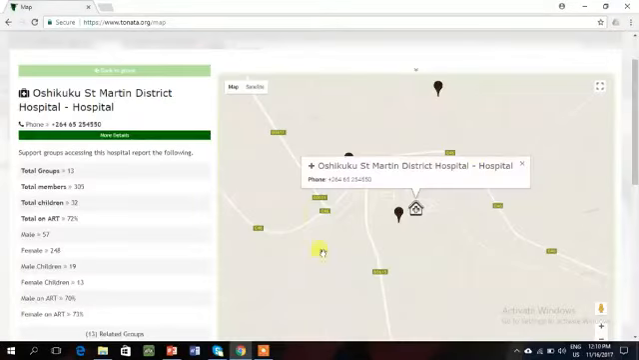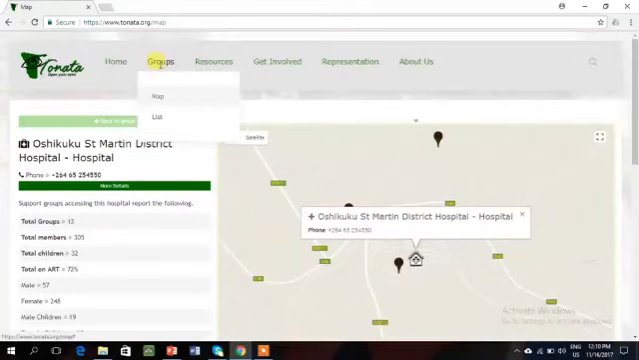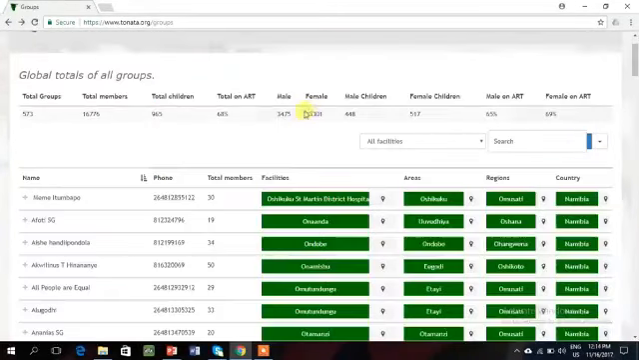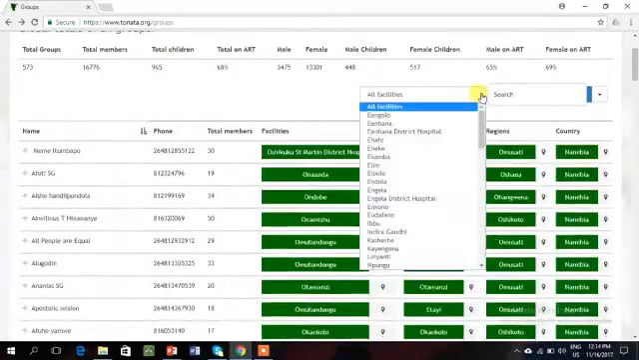If I do not want to use this map, you can go to groups, you can go to list. This is the list of all support groups in Tonata's database. And this is the same data presented in a way that might be easier to navigate for analysis. You can filter. If you want to see all the support groups that are accessing services from